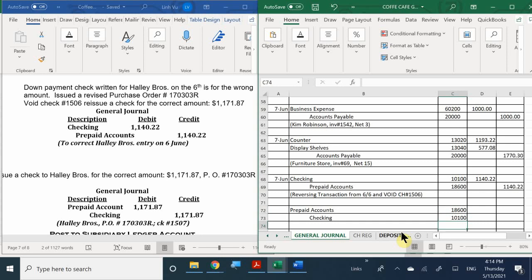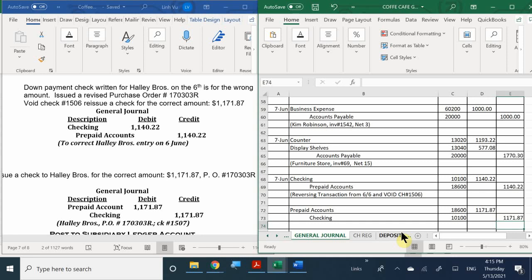And this time it's for the amount of 1171 and 87 cents. Okay. So now